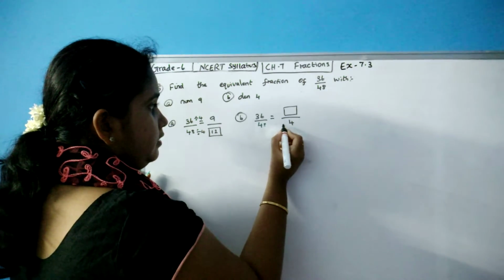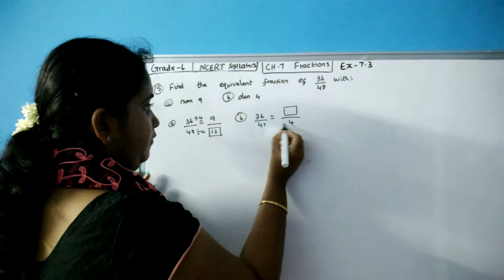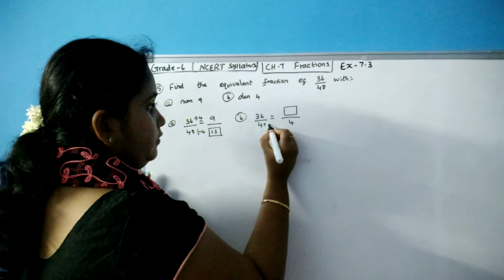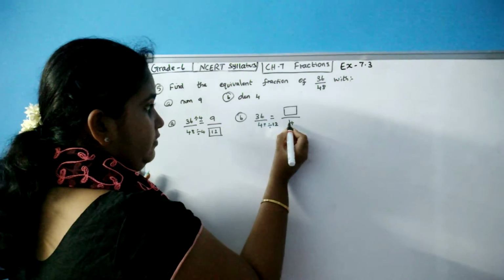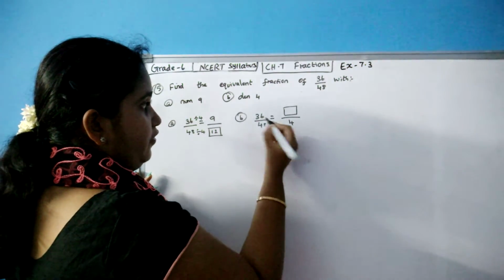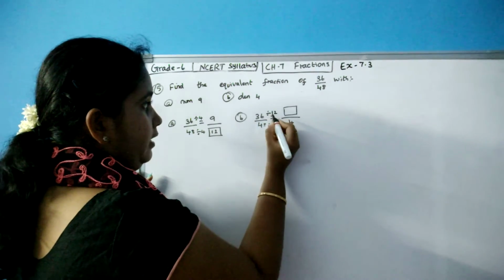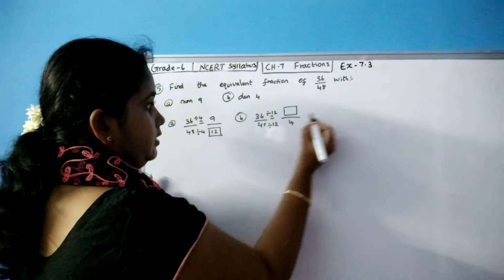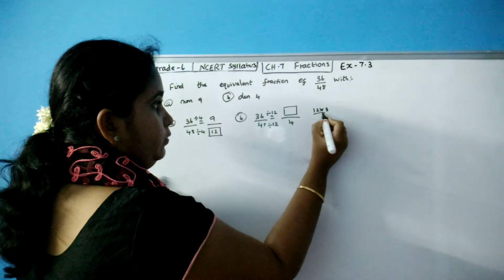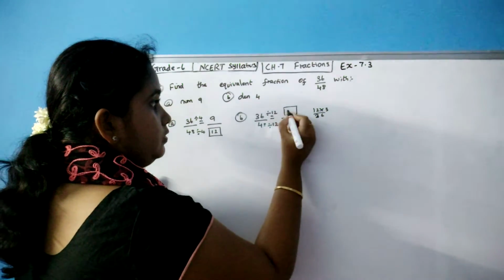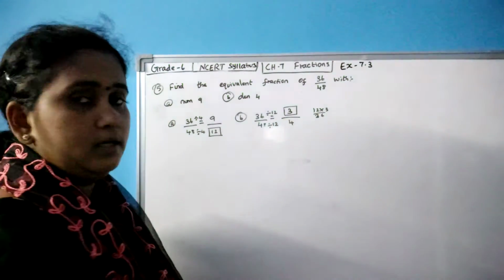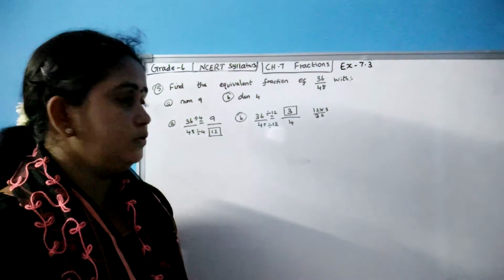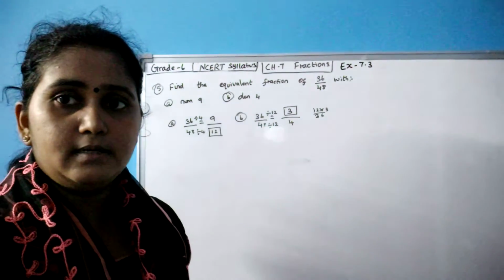48 is there, 4 is here. So 48 divided by 12 gives you 4. Okay, 12 fours are 48. 36 divided by 12: 1 twelve is 12, 2 twelves are 24, 12 into 3 is 36. So 3 is your answer. Okay, 36 divided by 12 gives you 3. Now we will move on to the next sum.